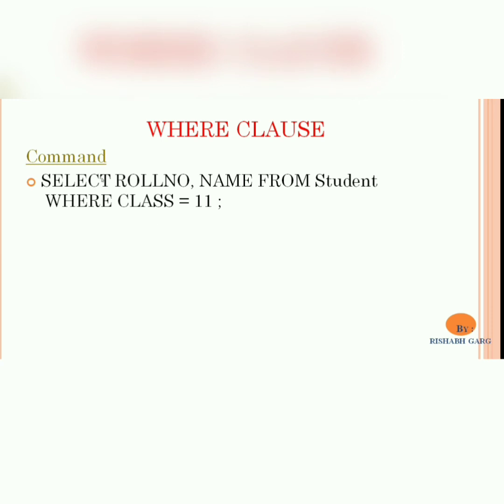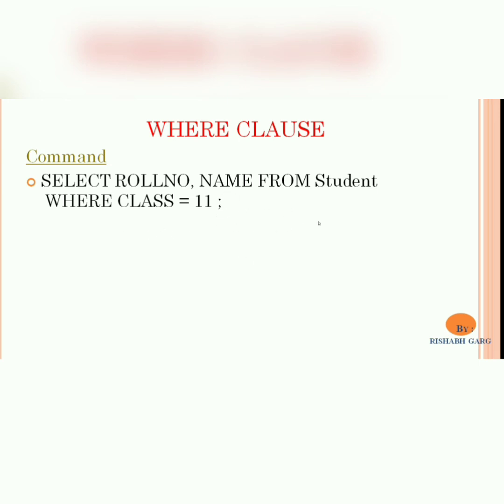First we will write the select command, then after we will write the field names which we want to display, then we will write the from keyword, then the table name, then we will use the where clause and write the condition which is already given in the query, that is class equals to 11th, and at last we will use the semicolon for terminating the command.